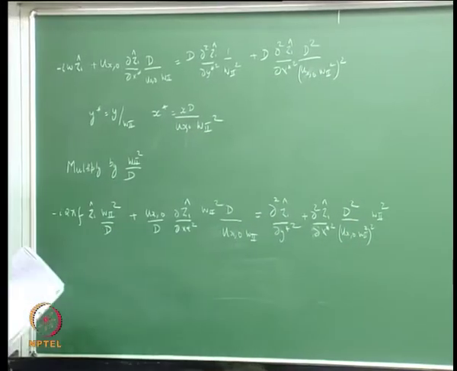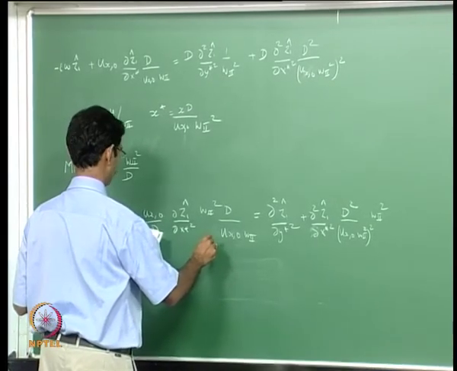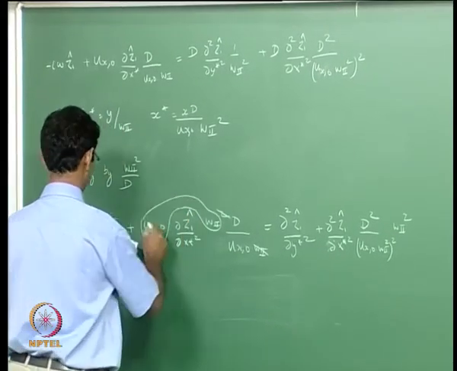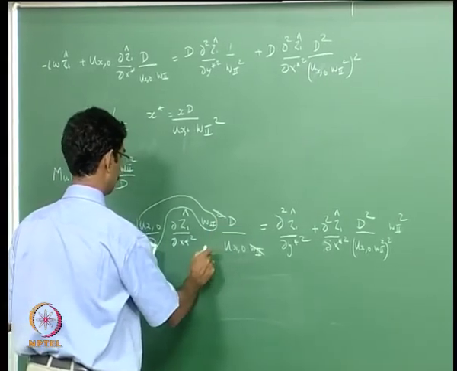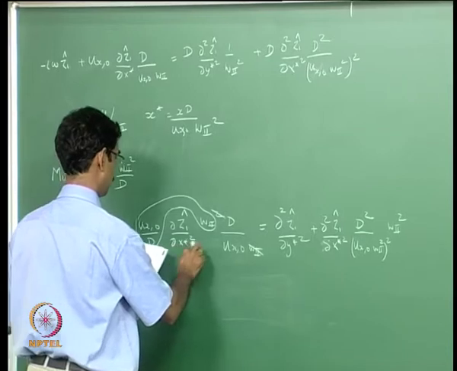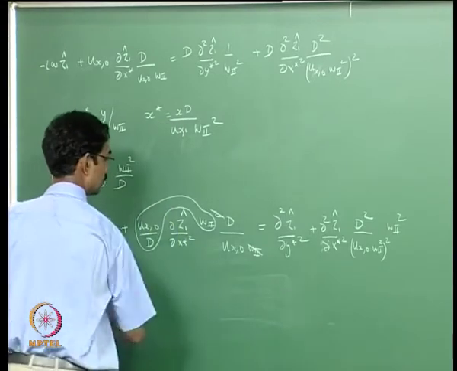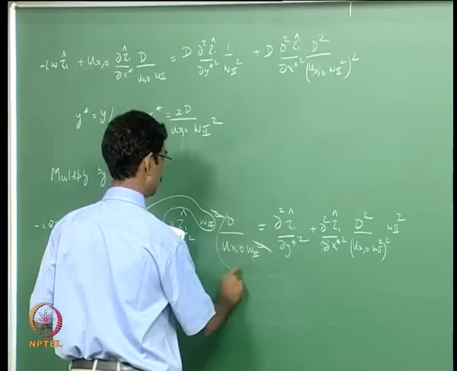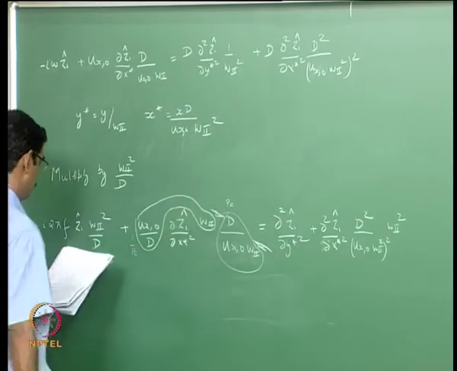Okay, now it looks like a mess, but a lot of things will cancel. So what is this? This is Peclet number. And d by, oh no, there was a W2 squared. So this is also Peclet number. This is 1 over Peclet number. So they will go,